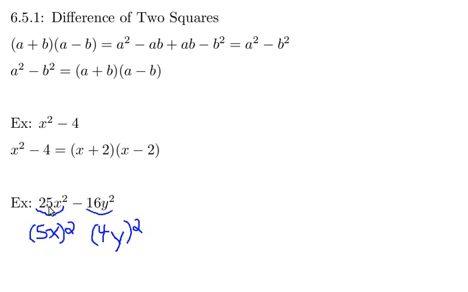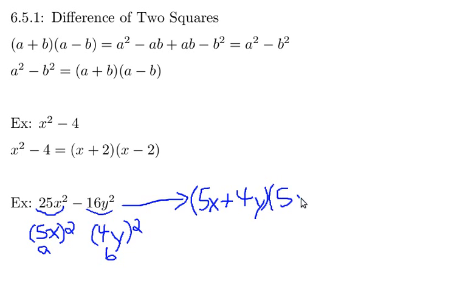So now we know that a is going to be 5x and b is going to be 4y, so we can rewrite this as 5x plus 4y times 5x minus 4y. And we can double check this. I didn't double check the one up here, but I'll double check this one. We just go ahead and multiply them out. So 5x times 5x will give us 25x